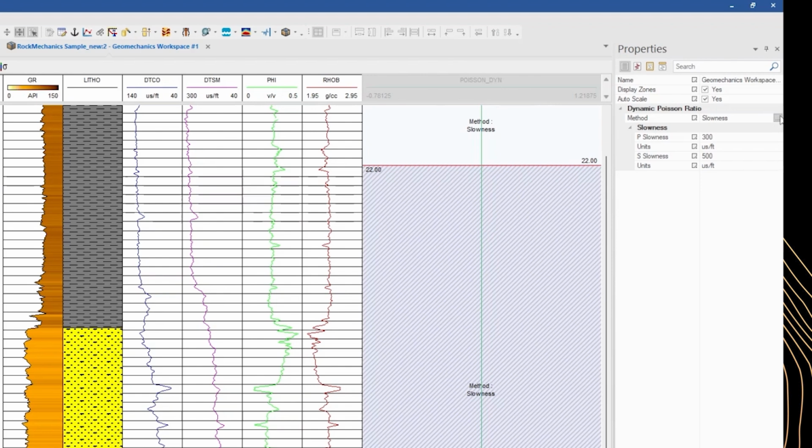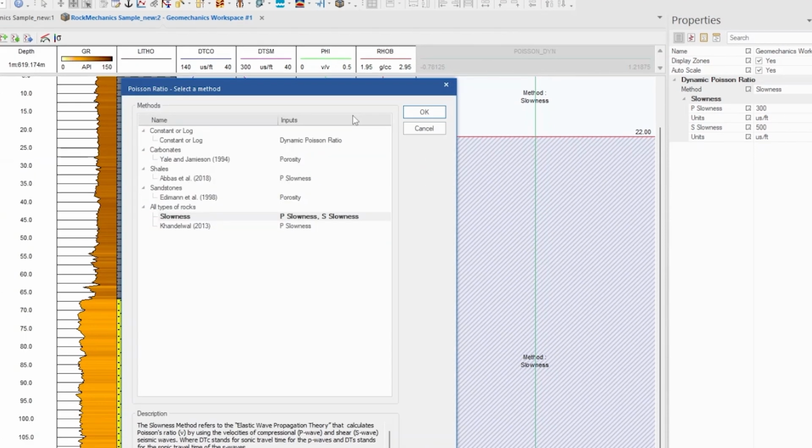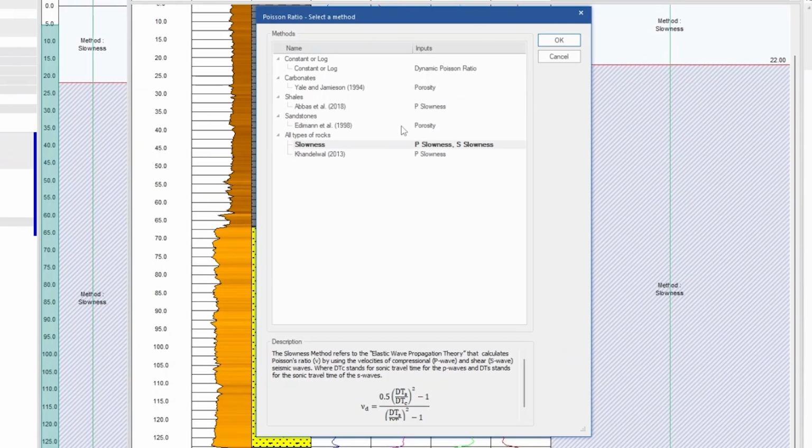We use this button to select the method and we'll get default calculations for different types of lithology. We're going to start with the slowness, which is the elastic wave propagation theory equation. It is very common, so we will start with that.